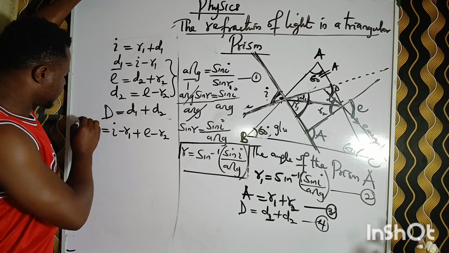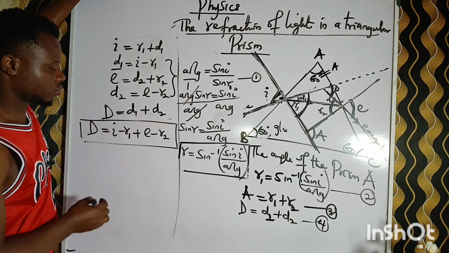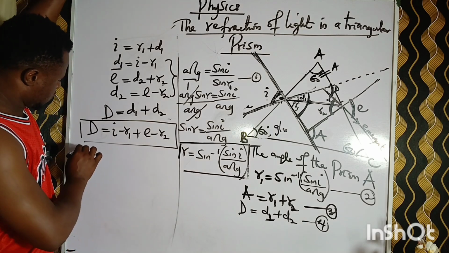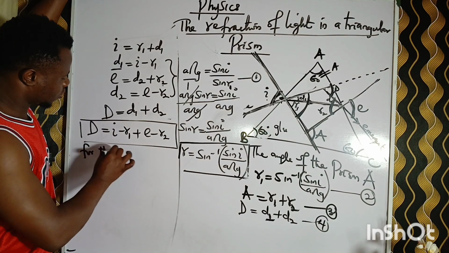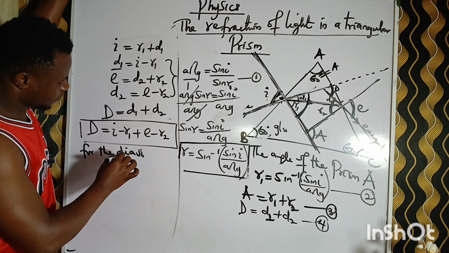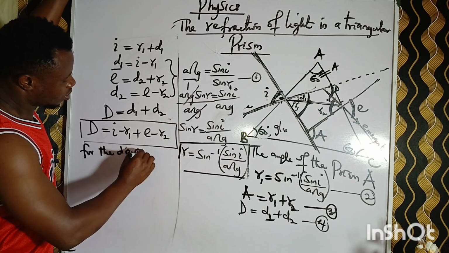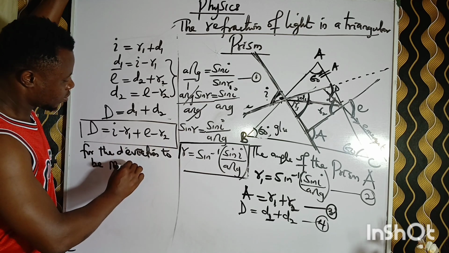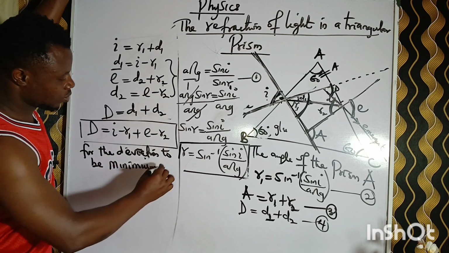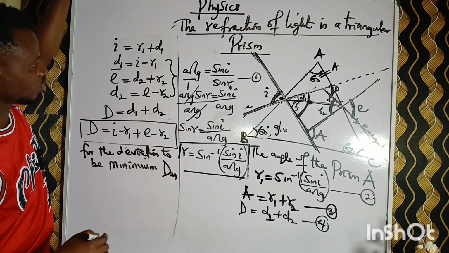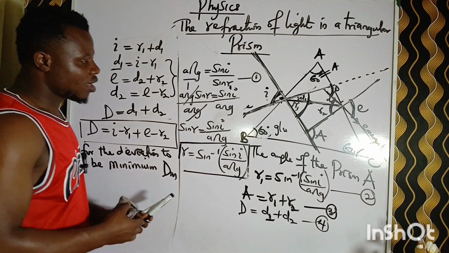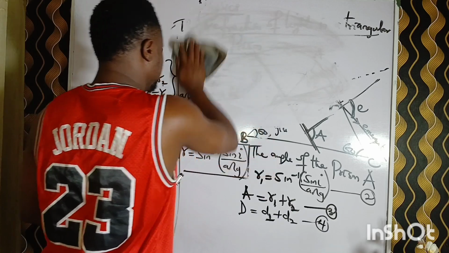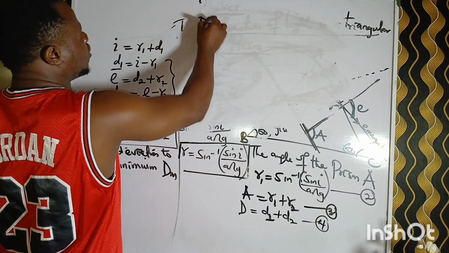Now, you see this equation, a very, very important equation. But there is a condition here. What is the condition? For this deviation to be minimum, see what happens. For the deviation to be minimum, we are going to have